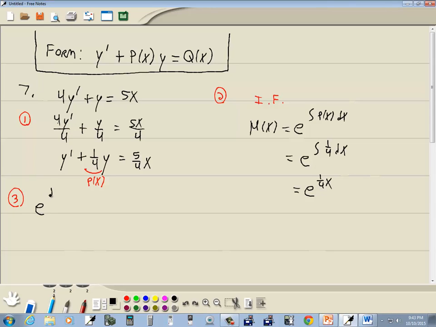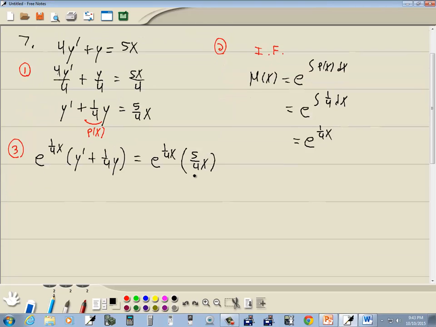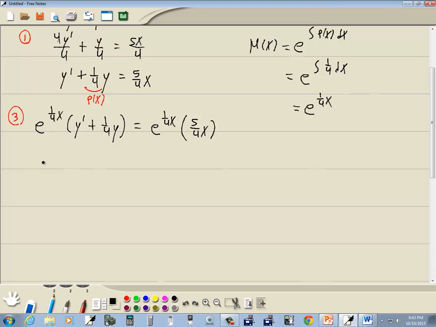So we got e to the 1/4 x times y prime plus 1/4 y equals e to the 1/4 x times 5/4 x, which gives us e to the 1/4 x y prime plus, let me think how I want to write this, 1/4 e to the 1/4 x y. And on this side,